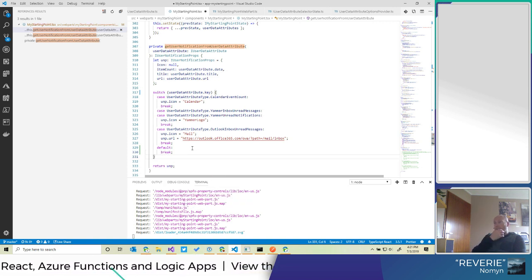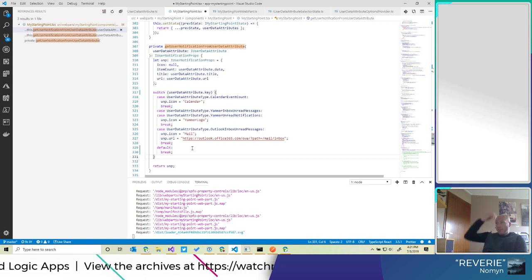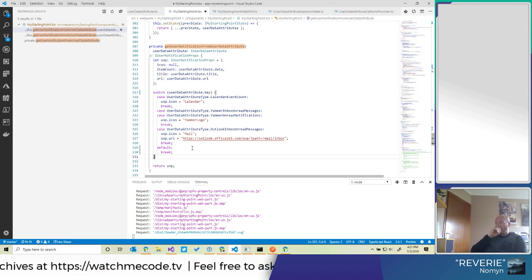So we won't have an icon, which is fine for now. We can maybe change that later. We don't have an item count yet. We have a title and we have a URL. Most likely.